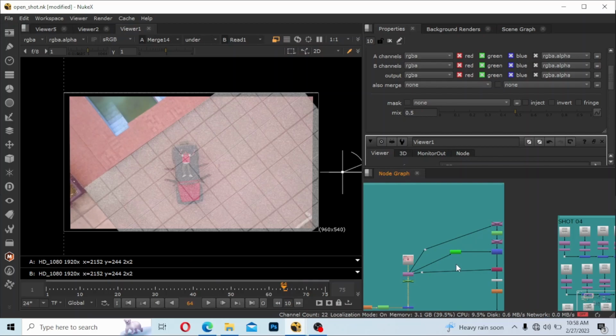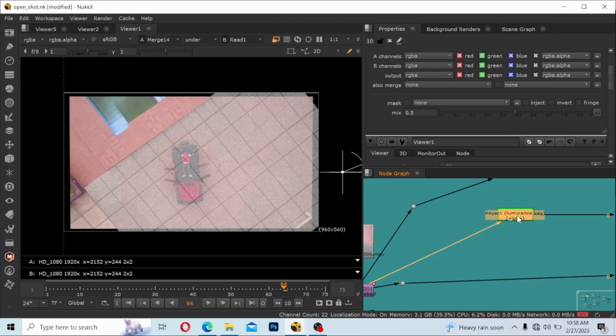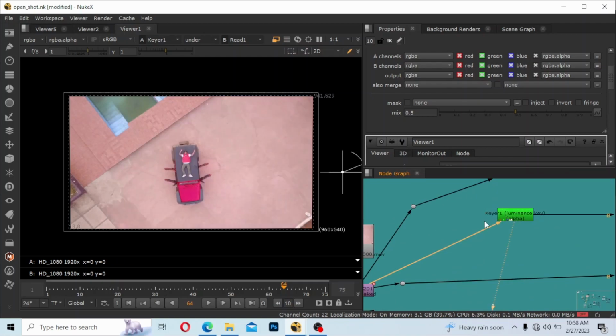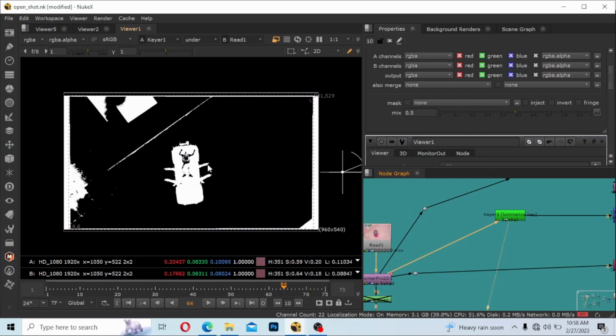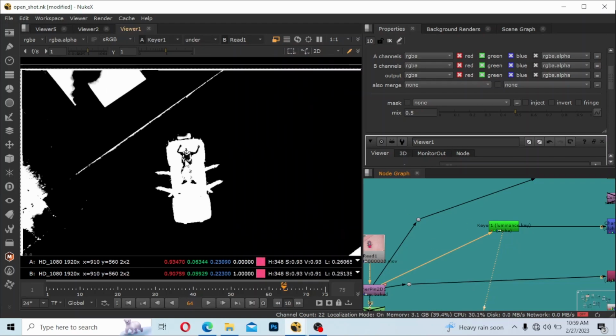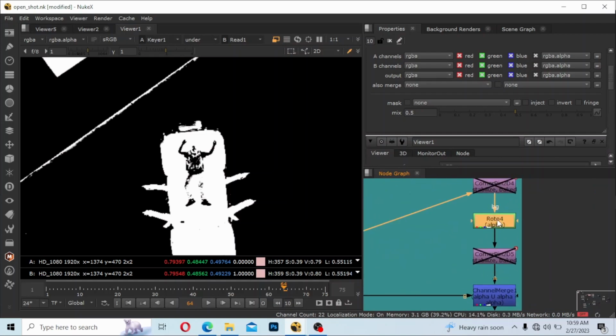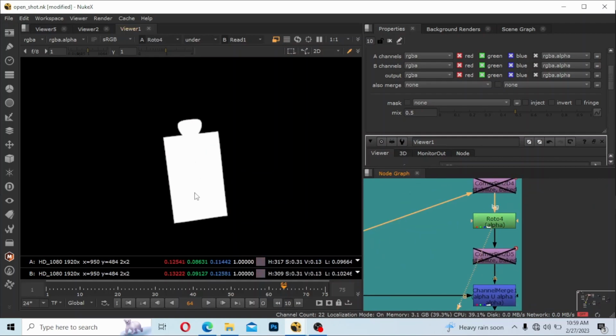I did a very lazy Roto work here. I came in here and added a Luma key node. So if I go to the alpha, you can see how rough the Roto is. I basically tried to pull the transparency of it to get the black and white image. But as you can see, the actor wasn't completely white yet. If I merge him on top of the texture, you could see some of the textures through his jacket, and that's not good. What I also did was I added this Roto node to cover that aspect of the image,